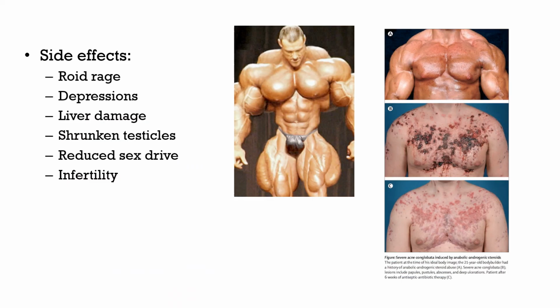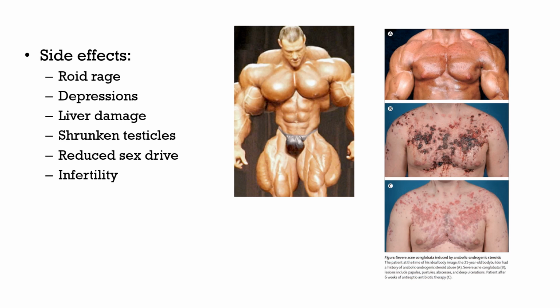Now, there are lots of side effects with taking anabolic steroids, which is why you have to be under a doctor's supervision for specific types of hormone therapy. But a lot of people take it and buy it illegally, and they can have side effects if they give themselves too much. So some of the side effects are roid rage, depression, liver damage, shrunken testicles, reduced sex drive,